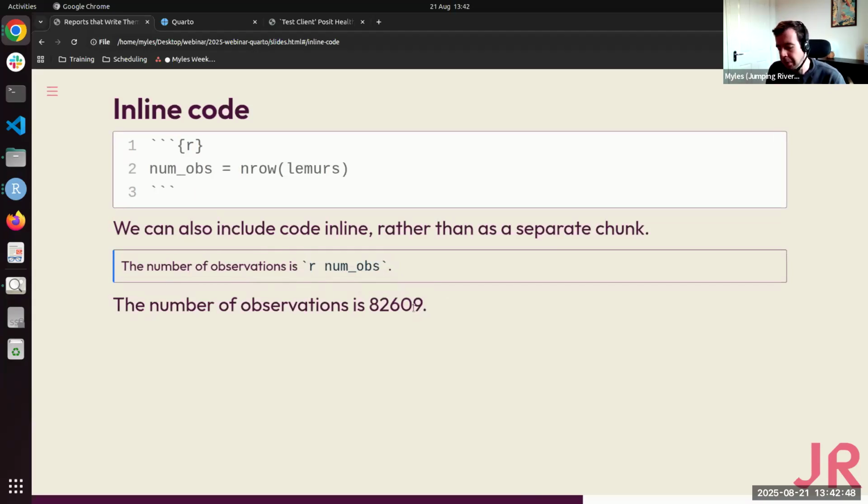So the idea of automated reporting, you're not just reducing the headache of having to regenerate all these figures. Even the text itself can be dynamically regenerated when your data changes, which is quite handy. So the idea of all of this is, as your data changes, it should just be a case of you go back to your Quarto document, you just press that render button, and everything should update nicely for you with very minimal effort.